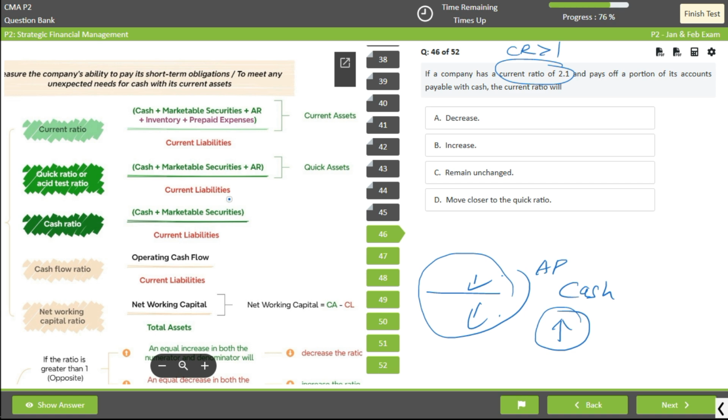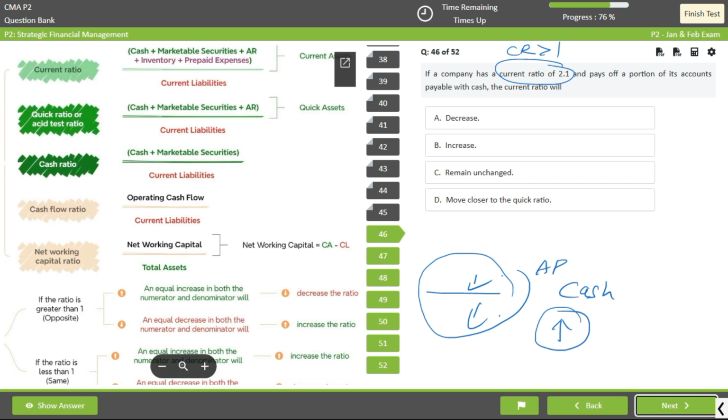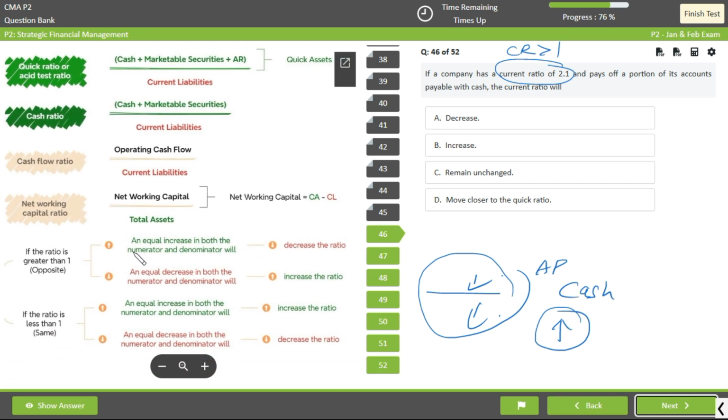See, if the ratio is greater than 1, and here the ratio is greater than 1, the entry is that the firm pays off a portion of accounts payable with cash. So accounts payable is decreasing, your current liabilities is decreasing, and your cash is decreasing. An equal decrease in both the numerator and the denominator will increase the ratio. So it will increase the ratio. Next,